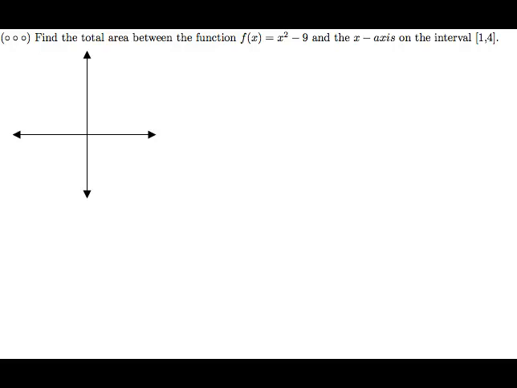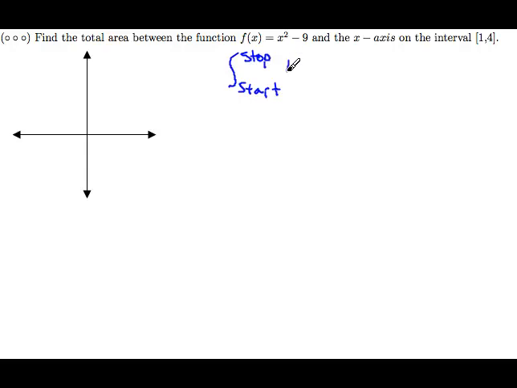We're looking to find the total area between a function and the x-axis. The formula that helps us calculate area, of course, is related to the fundamental theorem, but if you've got the area wedged between two functions, which the x-axis is the function y equals 0, then one possible way of going about this is to integrate from some starting value out to some stopping value,